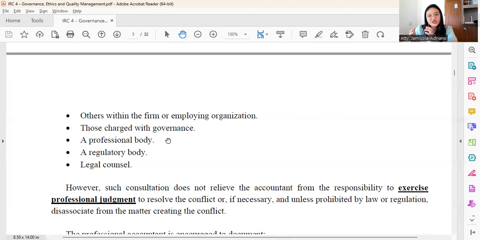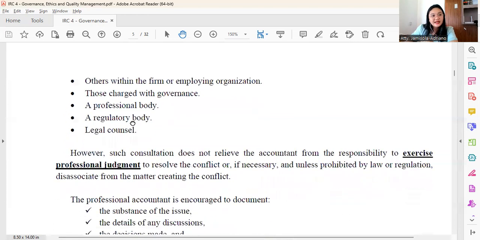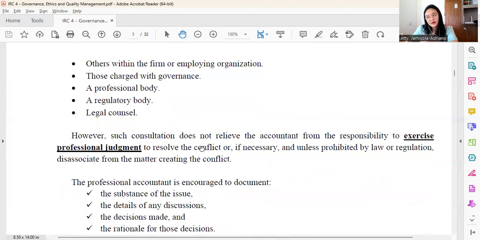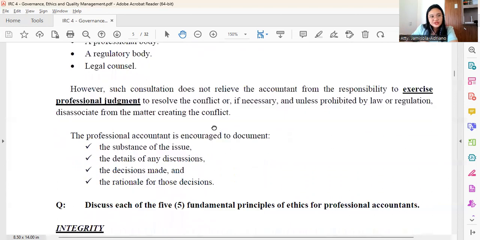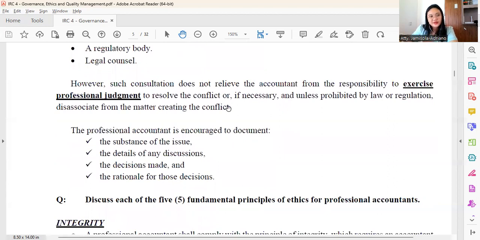You can also ask professional bodies. For example, you would send a letter or you would call the Board of Accountancy. A regulatory body. You can also ask the PRC, right? Or you can ask the Securities and Exchange Commission if this issue is well within their authority. Or you can ask a legal counsel. You can ask a lawyer friend, or if your company has an in-house legal counsel, you can ask the legal counsel for advice. However, such consultations do not relieve the accountant from the responsibility to exercise professional judgment to resolve